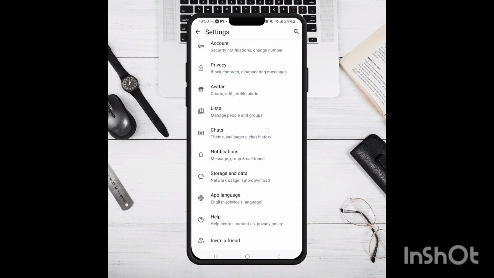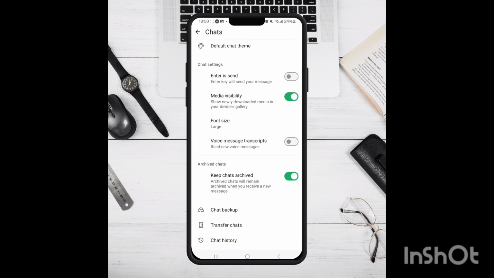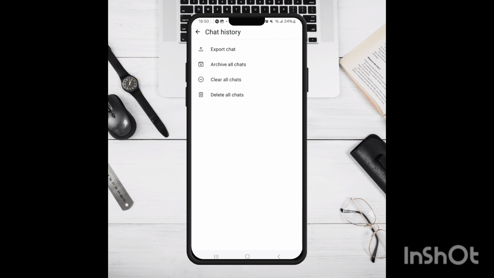From here you want to come down and choose the chat sub menu and then scroll down to the very bottom where it says chat history, and then as you can see the last option, delete all chats. Press on that